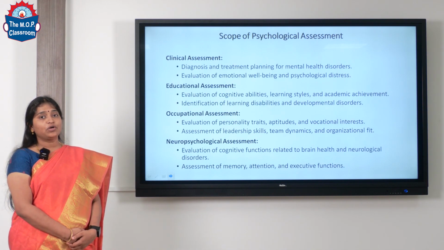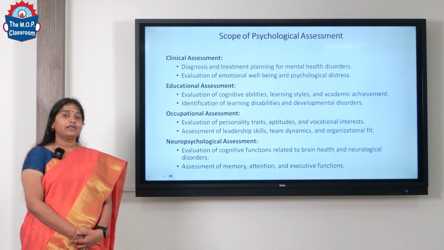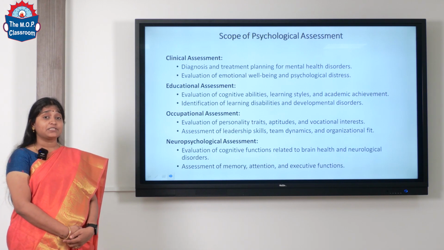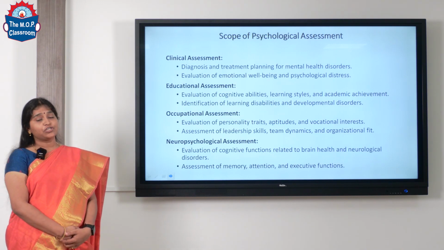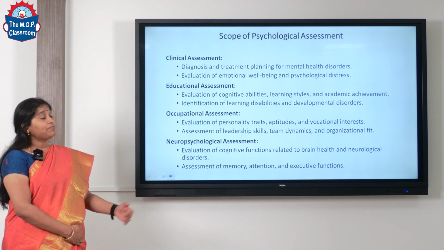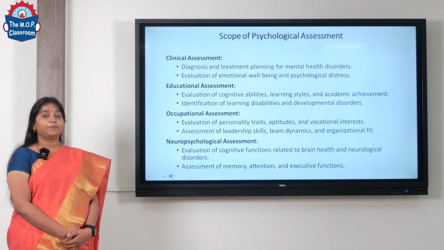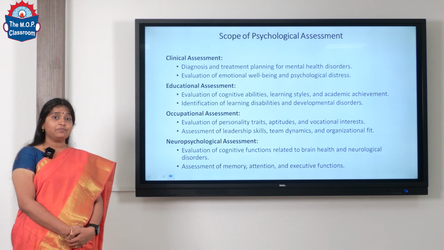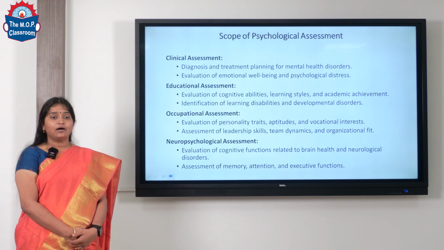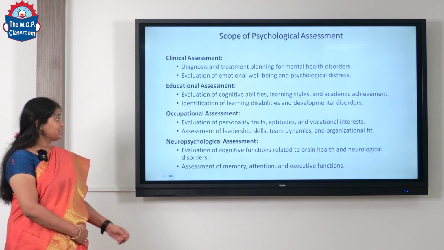In the workplace, what are some assessments conducted? In recruitment, training, talent acquisition and development processes, a wide range of research is conducted to understand the personality traits, aptitudes, and vocational interests of their employees and management levels. At management levels, some psychological assessments that are conducted are leadership tests, understanding team dynamics, communication patterns and understanding whether they are organizationally fit to show their organizational competencies.